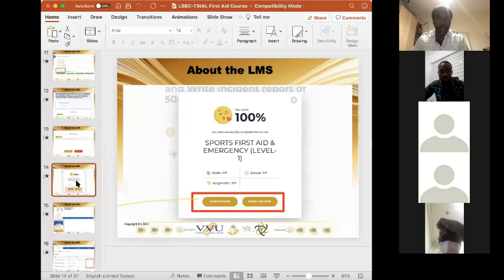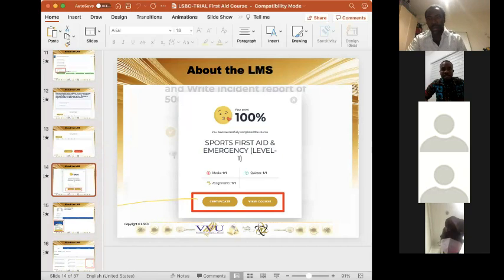And so once you are done, you could see that another part is highlighted where we have the certificate and the view course. The view course will just give you an overall assessment performance where you would see a brief assessment of everything that you did, including your quiz performance and the overall performance during the course. And then once you have the 100%, you can now download your certificate.